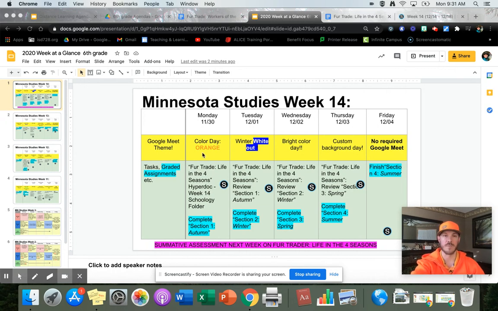So we have a Google Meet theme every day. As you can see, Monday's today. Oh, I forgot to change the dates here. But Monday today is our Google Meet theme for color. So it's our Color Rush day. It's definitely orange, as you can tell. So that's why I'm dressed the way I am right now. But we have different themes every day during the week. And the schedule here is what's expected to be done each day. This is also linked on the Schoology page in the weekly Outlook schedule.